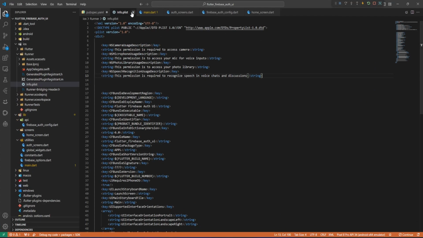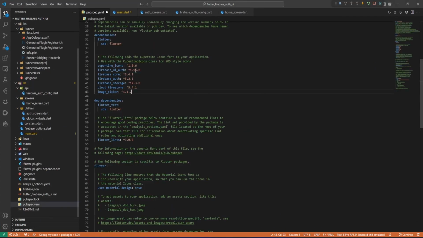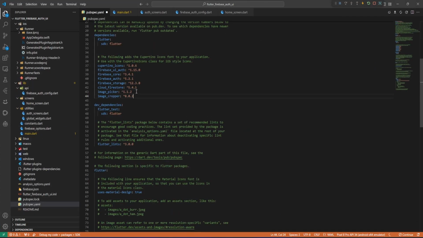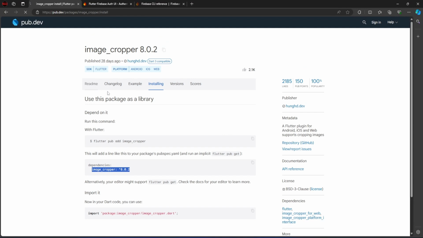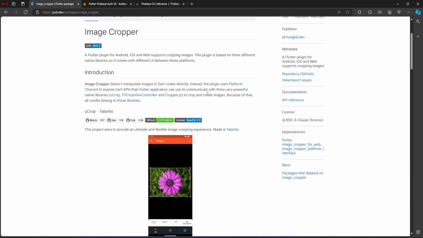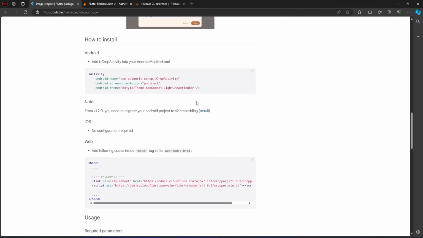Go back so we can save this. And then let's paste that. And then let's go back again. So let's see if we need to do something here in the installation. So yeah, of course, for how to install, we just need to copy this,